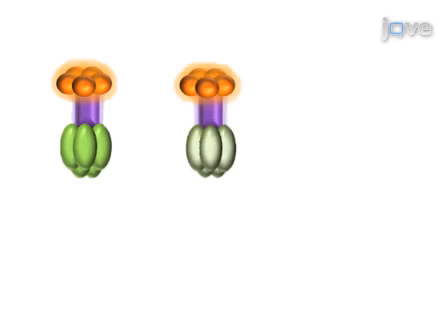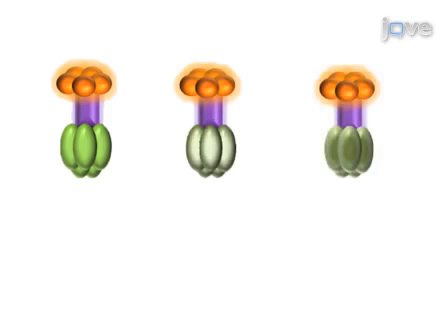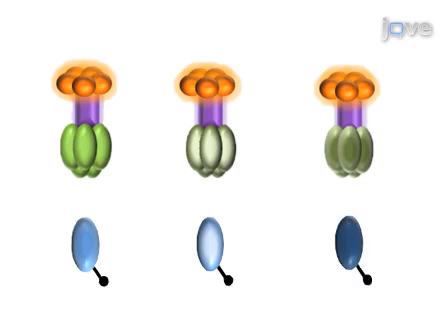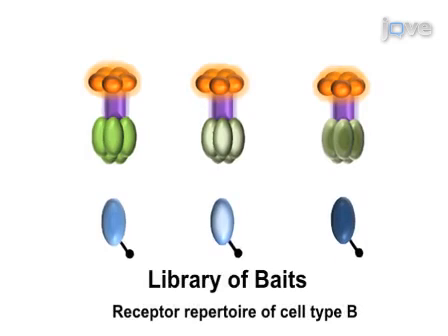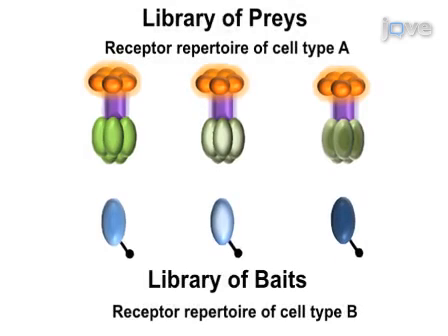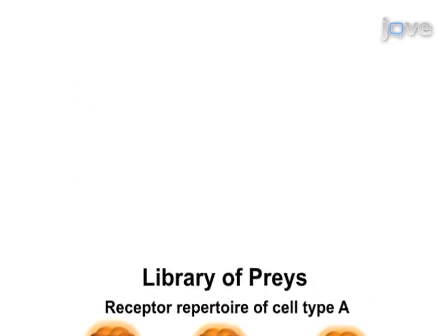The second step is to express and normalize the proteins to be ready for interaction screening. All the proteins are produced in mammalian cells to ensure that post-translational modifications such as disulfide bonds and glycosylation are added. A crucial step in the protocol is to ensure that the bait and prey proteins within the library are all normalized to within threshold levels.